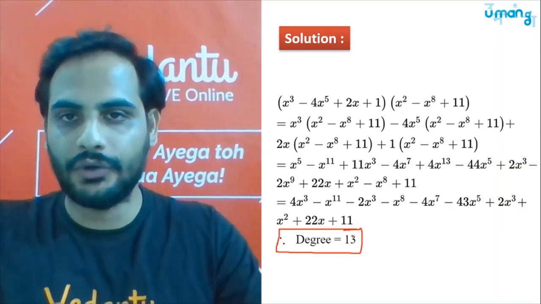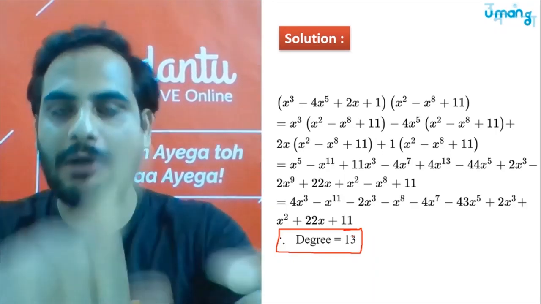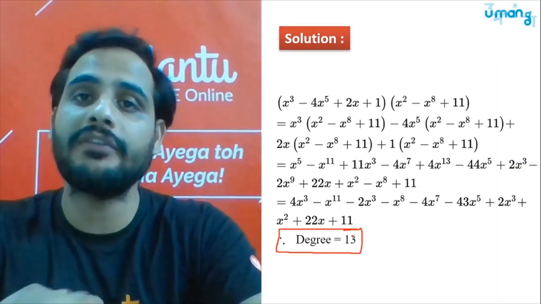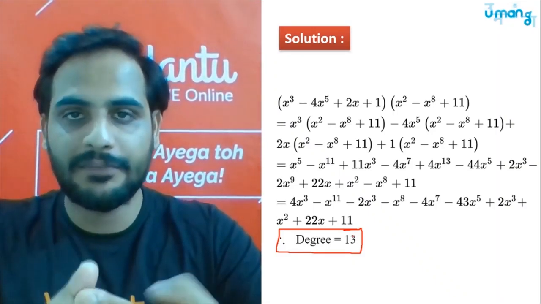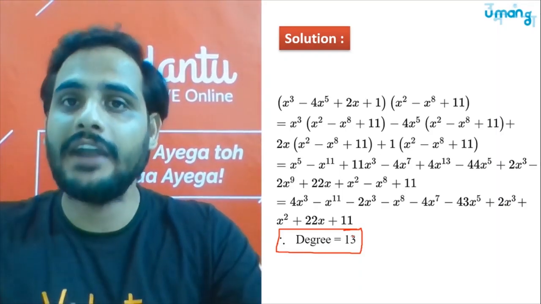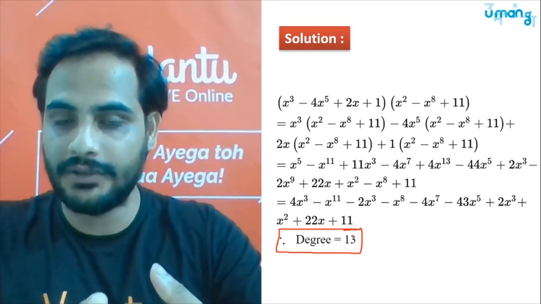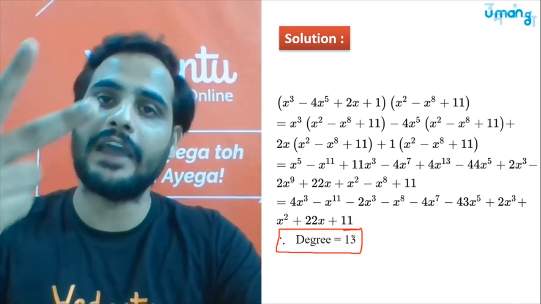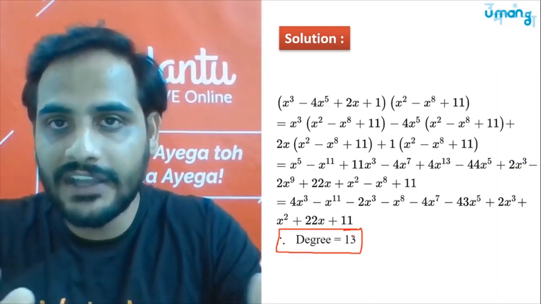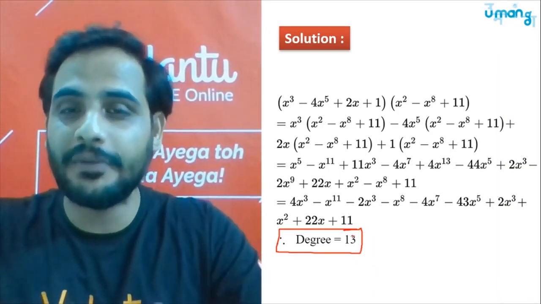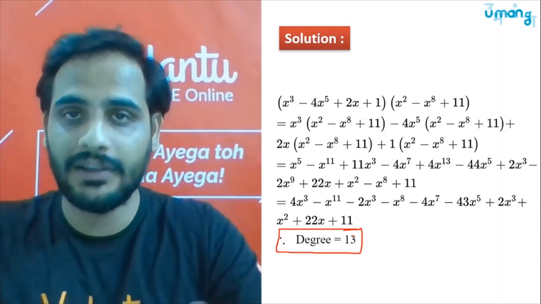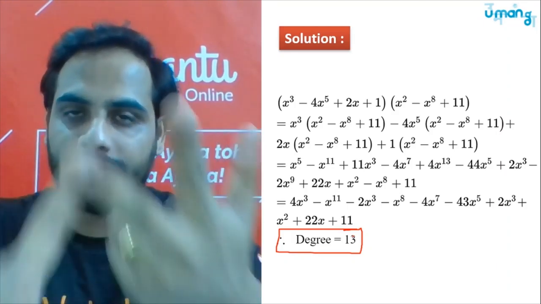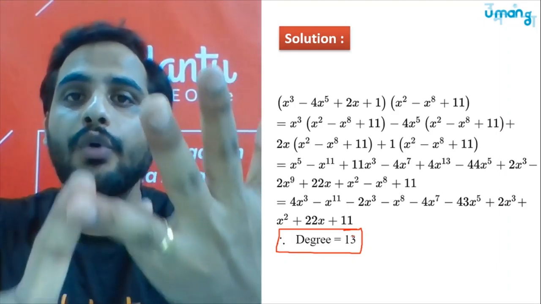So this is what we have done. We have learned about what is polynomial. Polynomial is an algebraic expression in which power of the variable should be a whole number. That means power cannot be negative or fraction, and variable should not be present in the denominator. Second thing, classification: first on the basis of number of terms, monomial, binomial, trinomial, and on the basis of degree of the polynomial. So degree of the polynomial is highest power of the variable. If degree is 1, linear, degree is 2, quadratic, degree is 3, cubic, degree is 0, constant.